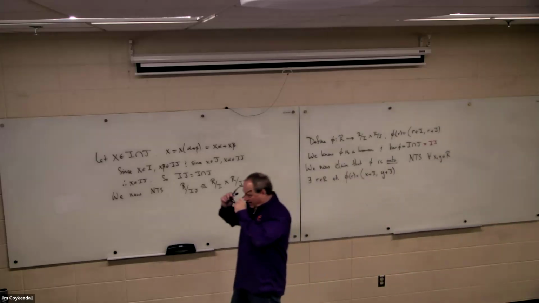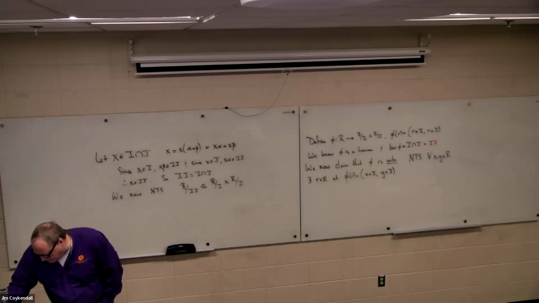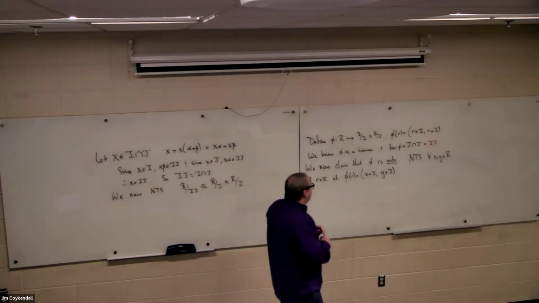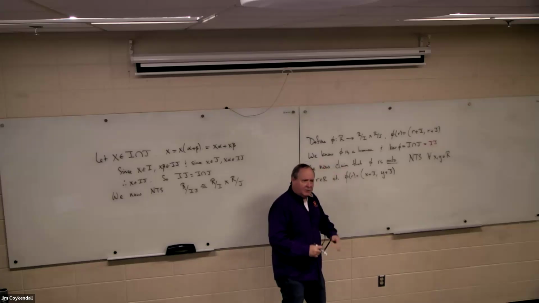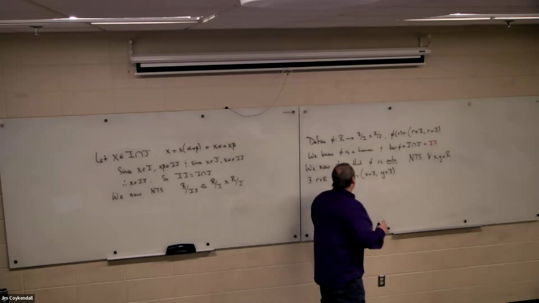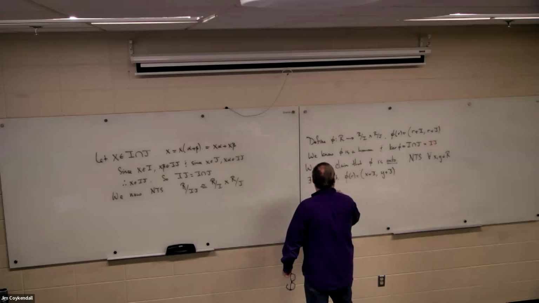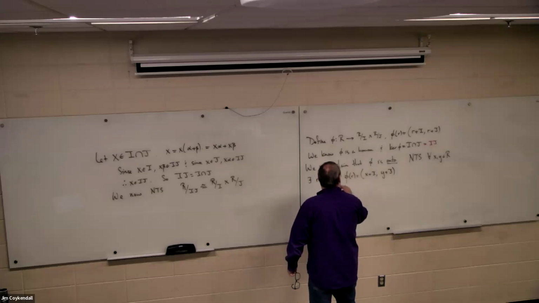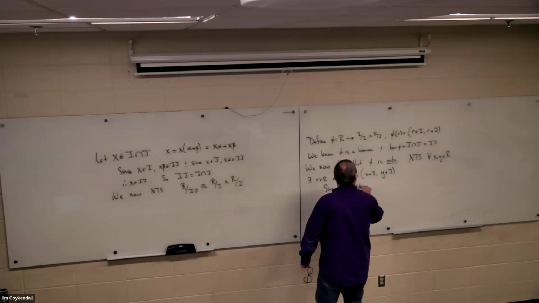But here's the deal, right? These are cosets, and these ideals are co-maximal. All right, so here's what I want to do. Does everybody see why this is not clear? I mean, how are you going to find such an r? Well, since I plus J is equal to R,